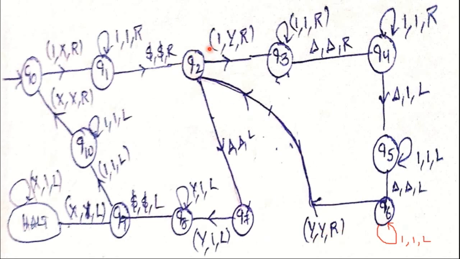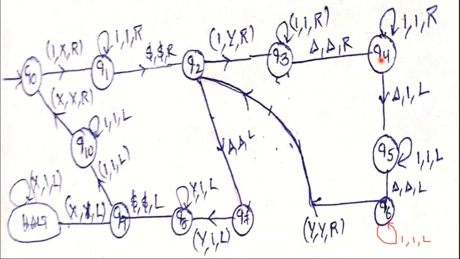Now we read the second one from the variable B. So that one can be marked as y and then move right. In this process, in case there are any ones, like the third one, fourth one, fifth one, all of those can be skipped, no change, and then move right. So finally we reach the end of the input.